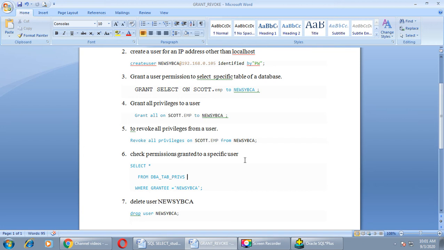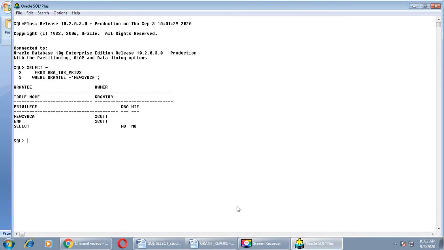Select star from DBA_TAB_PRIVS where grantee equals new SYBCA. Here this person new SYBCA has only one privilege, that is select on which object?